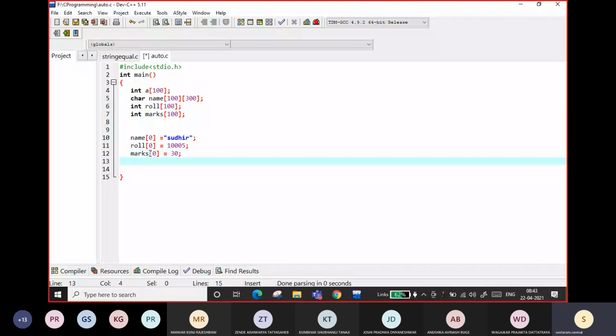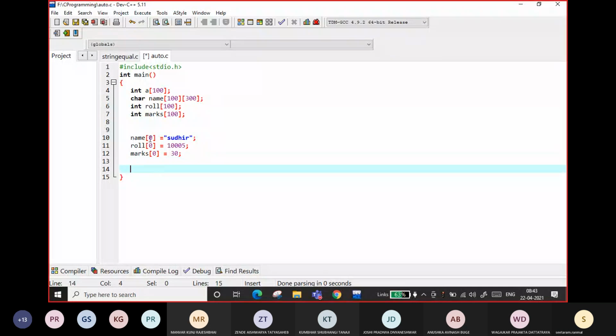I need to remember that the 0th index contains the name of 0, which is Sudhir. Name of 0, roll of 0 will be the corresponding marks, Sudhir's marks, and Sudhir's marks will be the marks of 0. Sudhir's roll number is roll of 0. So I need to put the index here.